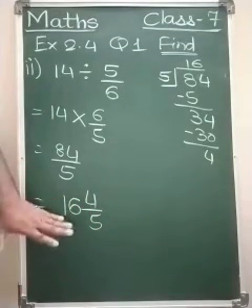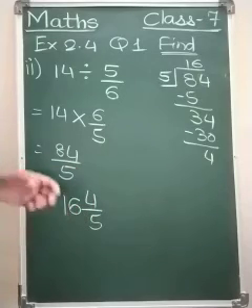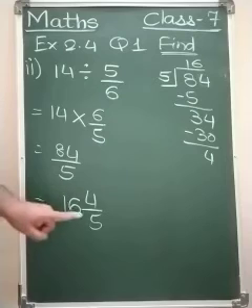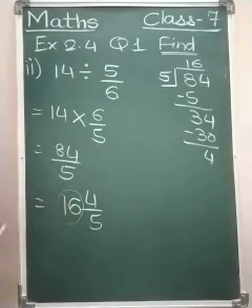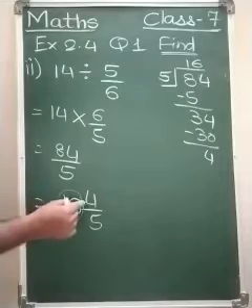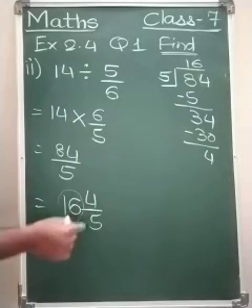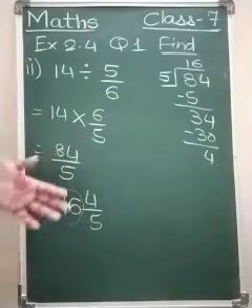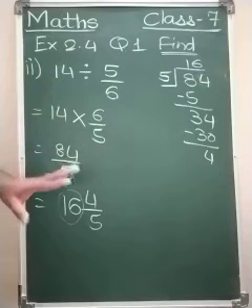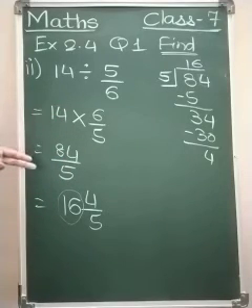Now when we convert an improper fraction into a mixed number, this is called the whole part, and here you will always see that there is a proper fraction. If this is not a proper fraction, then some mistake has been done and your conversion is not proper, or there must be some common factors between these two.